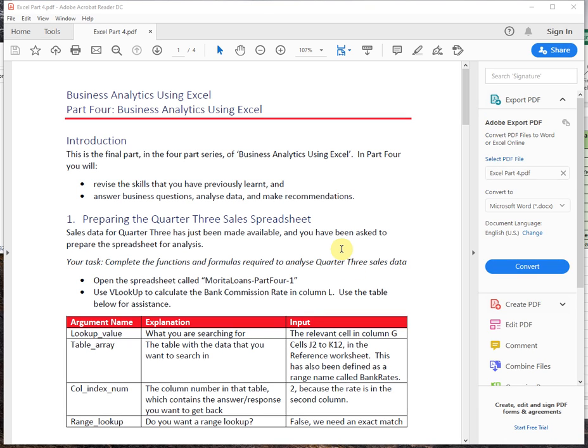Okay, let's start on the Excel portion of today's exercise. In the workshop, if you open the Excel Part 4 PDF, which is the instruction file for the workshop, you'll notice I'm not going to go right through this PDF for you. You can do that in your own time, but there are two main sections that we'll be covering in this